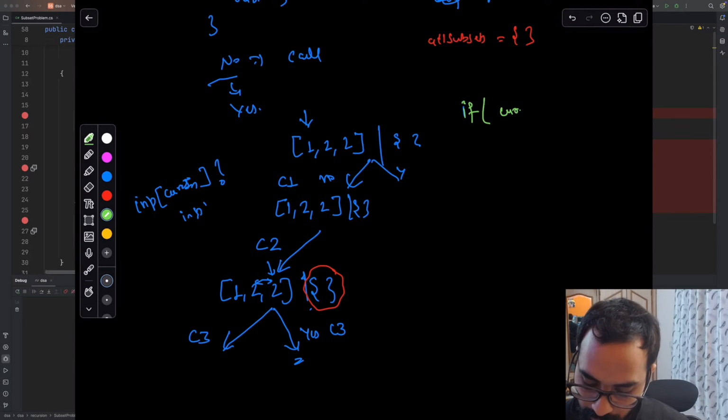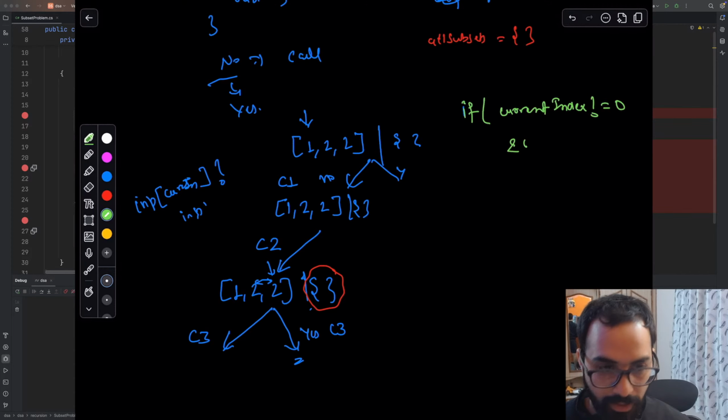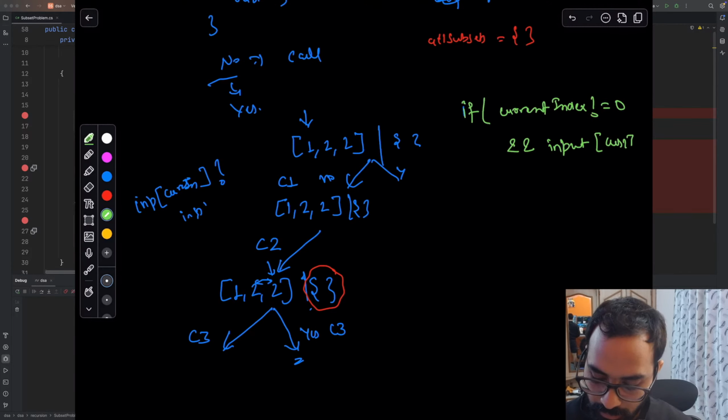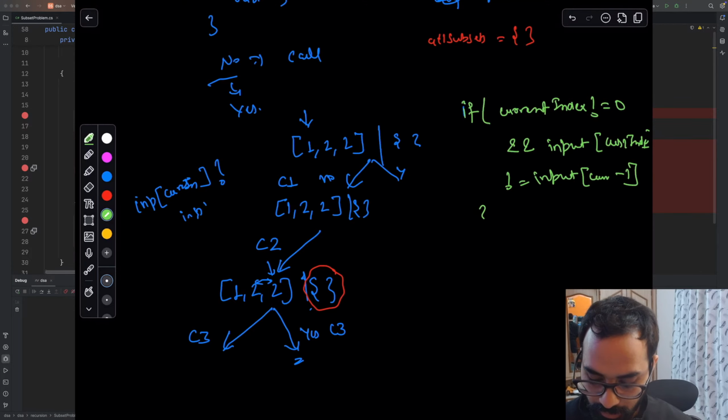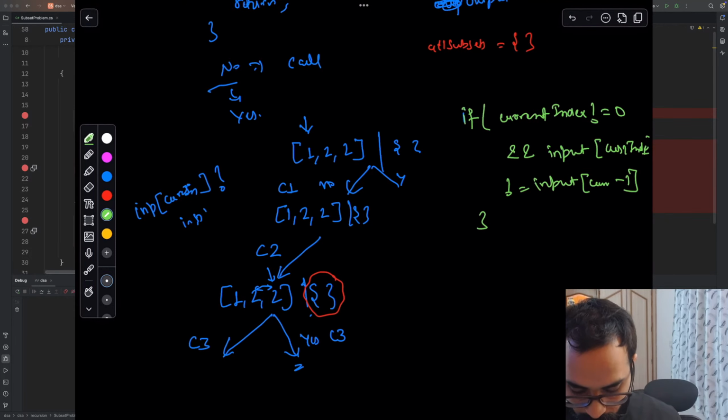If current index is not equal to 0 and input of current index is not equal to input of current index minus 1. Okay, this was the condition. So in this scenario, what will happen? Our current index is C3. Okay, so